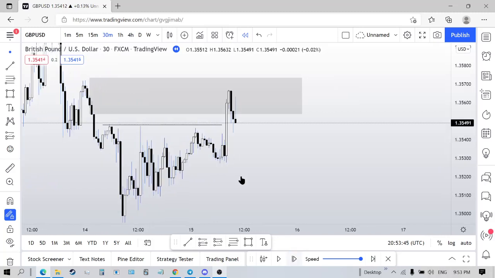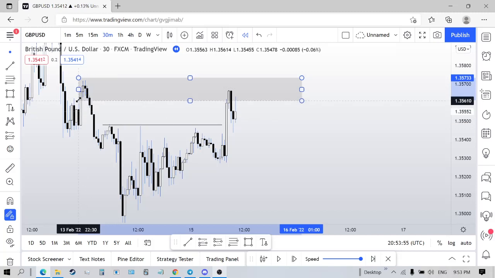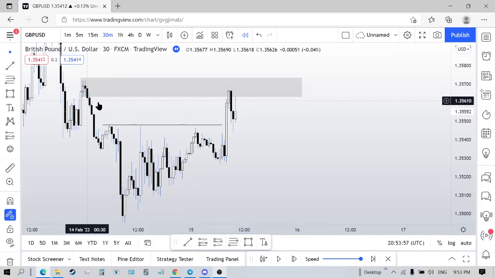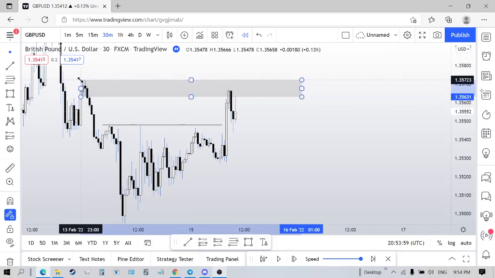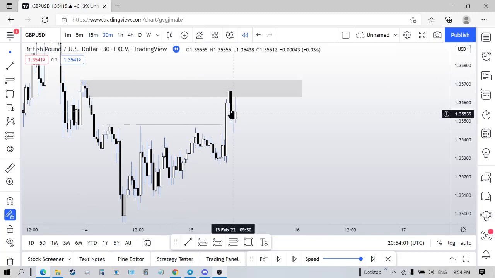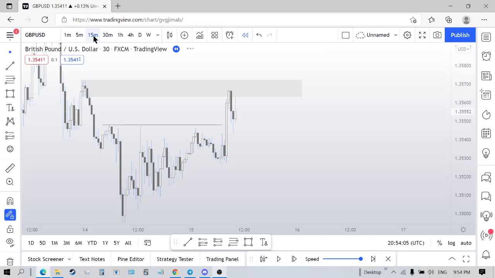I'm waiting for it to be ran here. All right, you can see that buy side liquidity was ran here. We came up into the premium of the order block, right? So once that does that, then you can refine it to here, just to focus your eye on. All right, now you have this up candle and this down candle formed right here.